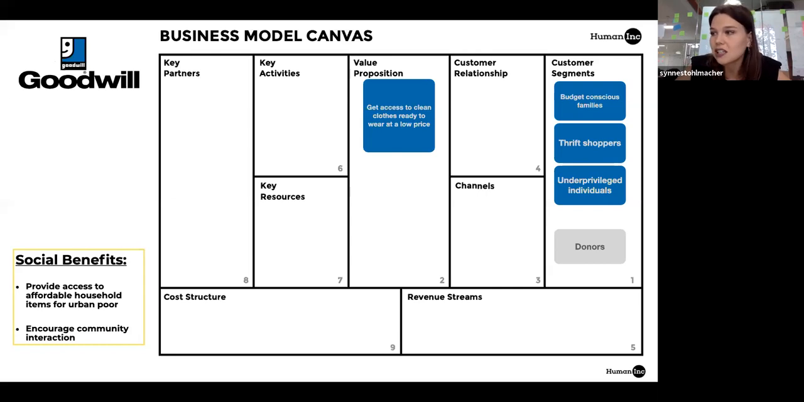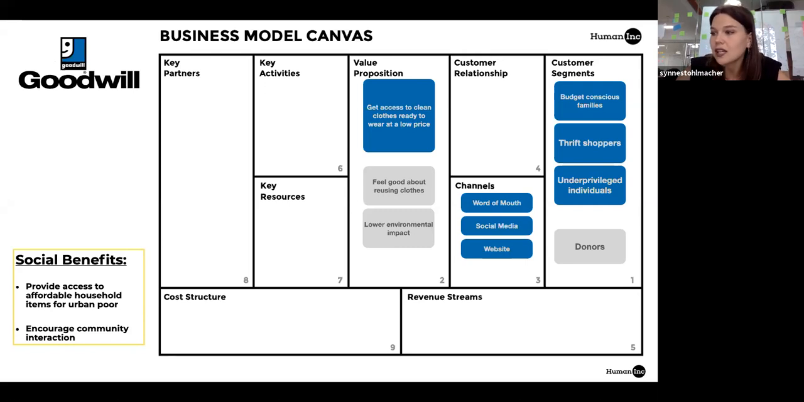The value proposition for these customer segments is to get access to clean and wearable clothes at a low price. And for the donors, it's about feeling good about reusing clothes and reselling them, and also, of course, that they want to lower their environmental impact. The channels are mainly related to word of mouth, social media, website, and of course also their stores